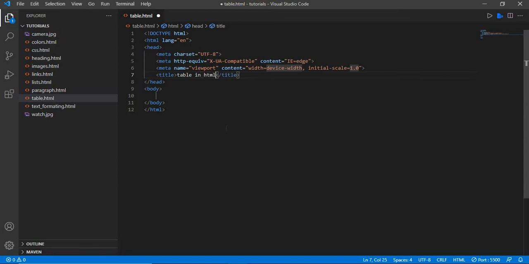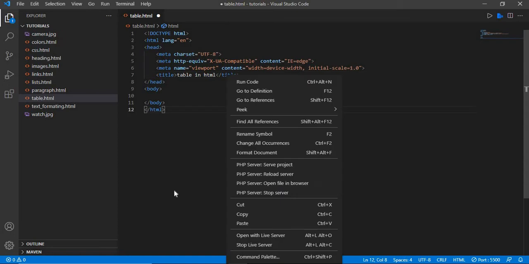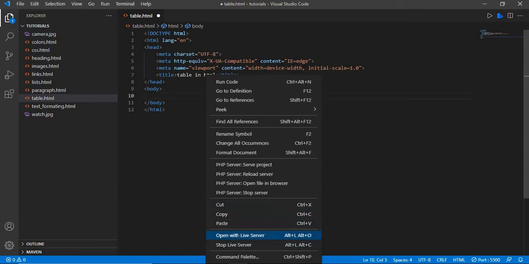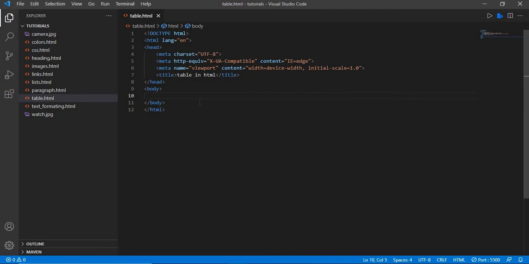Here we'll open with a live server. As you can see, table in HTML.